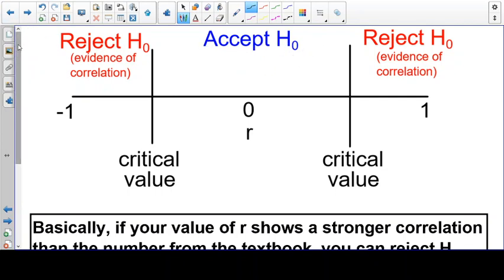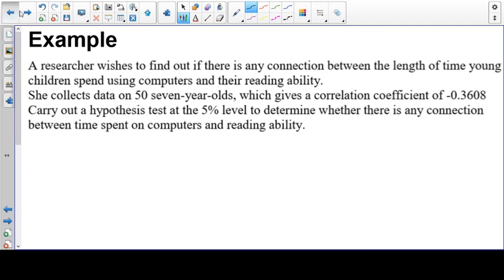Okay, so the concept of this is much more difficult. I will give you some examples. Okay, so let's say